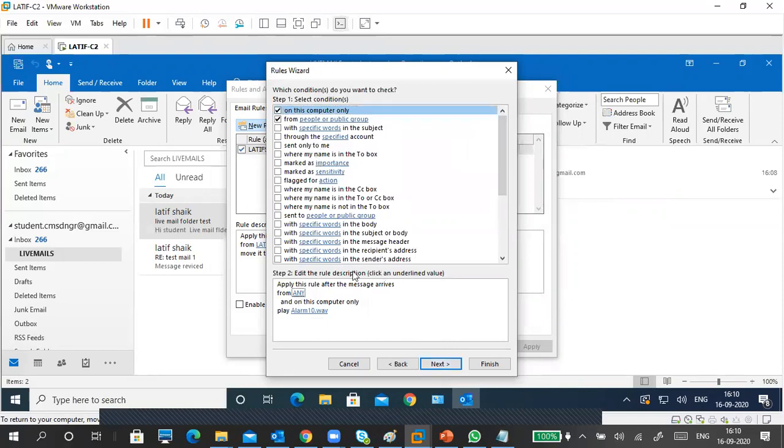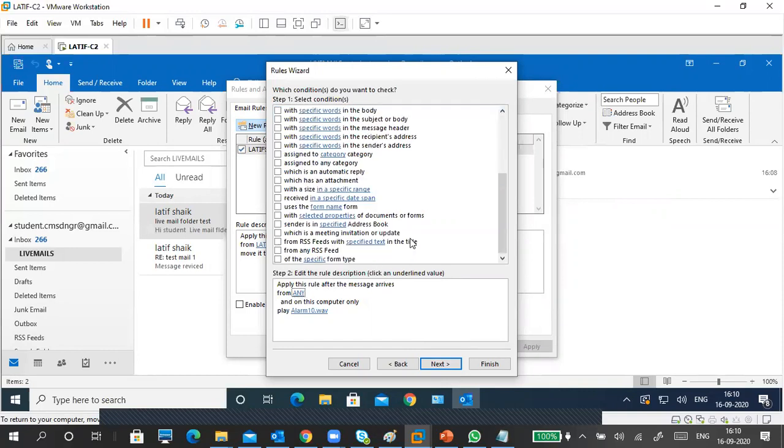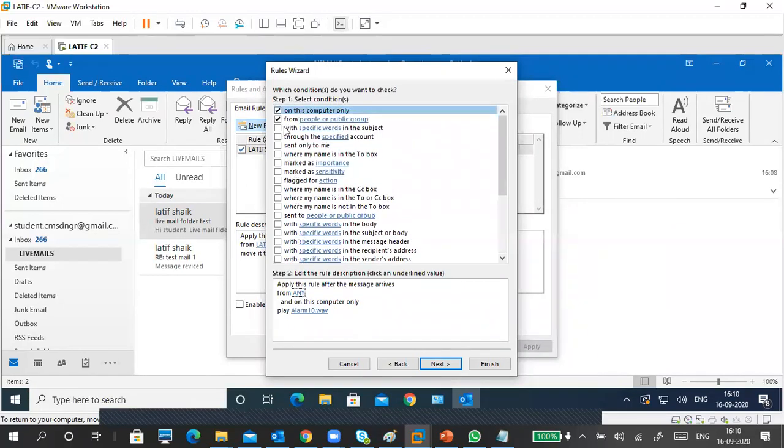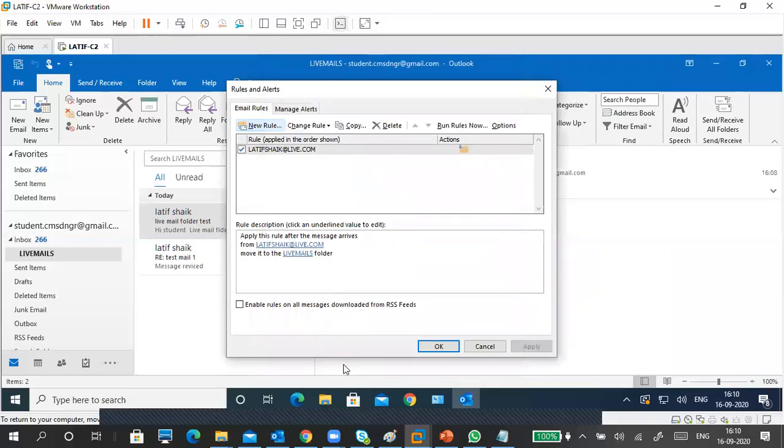Here in any, we are going to change this one where my name is in the To box, with specific words from any. Sent only to me, where my name is in the box like this. Okay, I'm not doing this one currently.